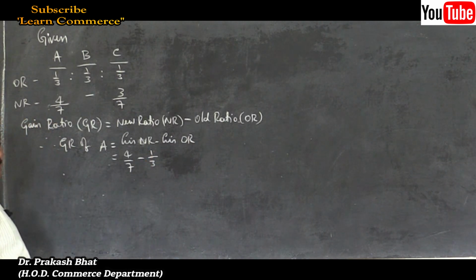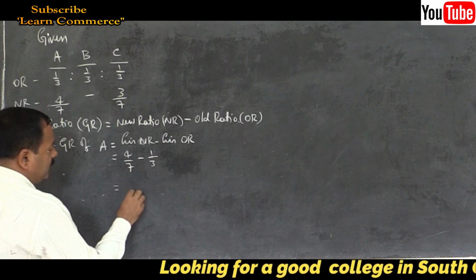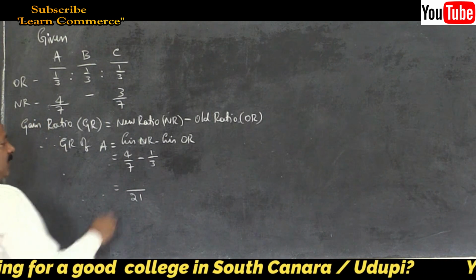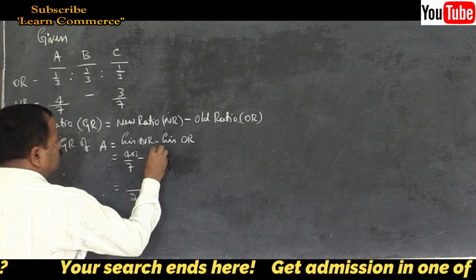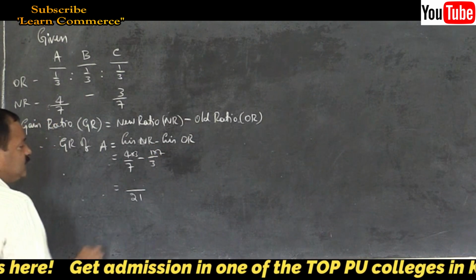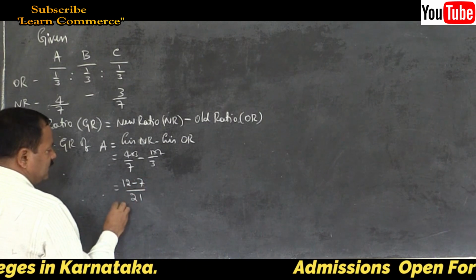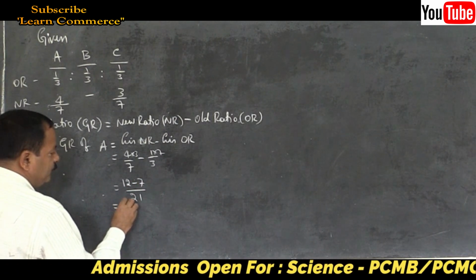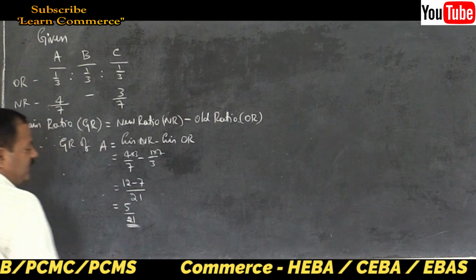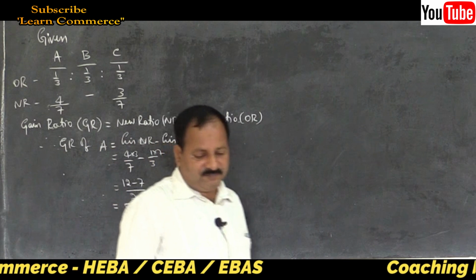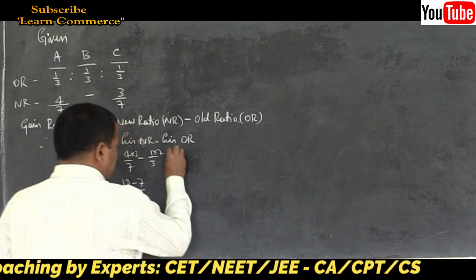Take common denominator, multiply the denominators and write the common denominator. 21, yes. Cross multiplication. 7 3s are 21 and 3 7s are 21. So 4 3s are 12 minus 7 is equal to 5/21. 5/21. This is the answer. Then the other partner C. Therefore